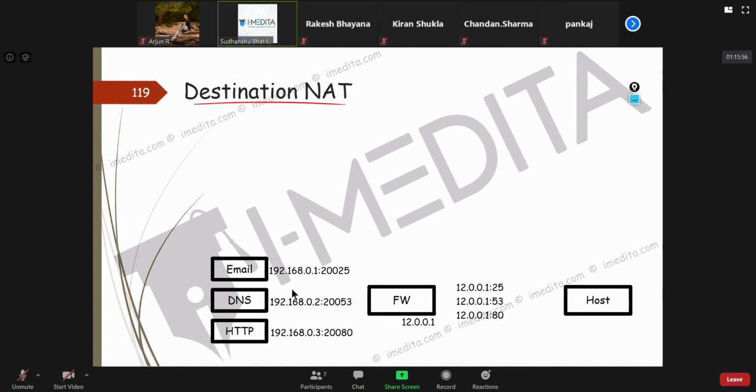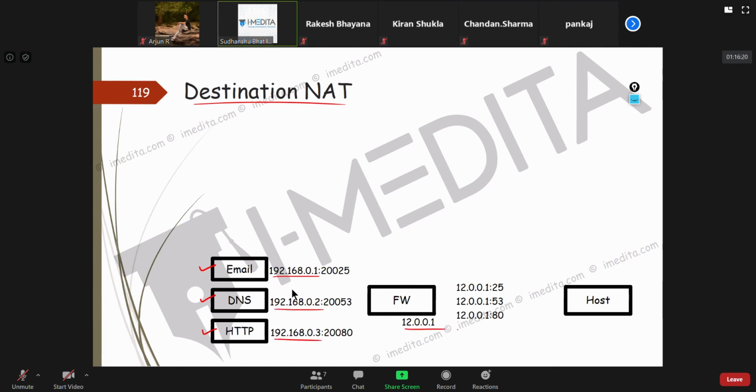Next, let's talk about destination NAT. We did static destination NAT already yesterday. But suppose I have in my premises multiple services hosted like email, DNS, HTTP, and all of these servers are on private IP.